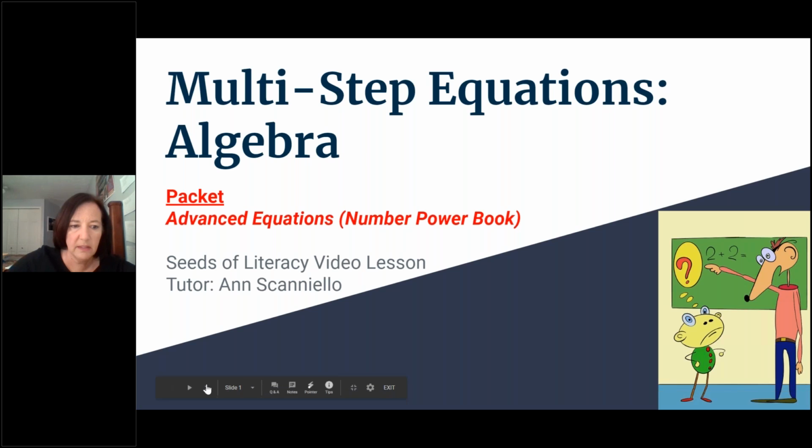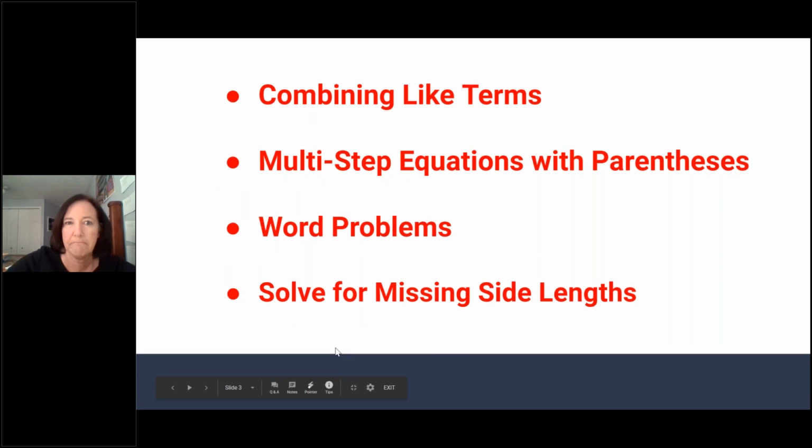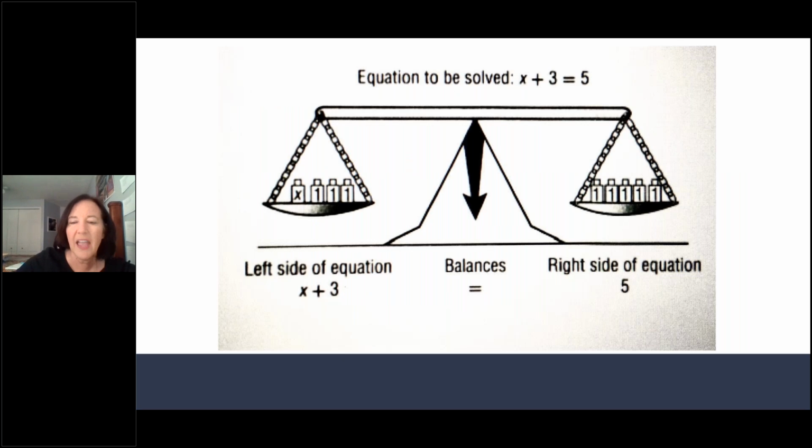The packet that we're working from looks kind of like this. I'm just going to be covering some of the problems from pages 72 to 91. We're going to be working on skills like combining like terms, how to solve multi-step equations that involve parentheses. I'm going to solve several word problems, and we're going to be solving for missing side lengths. I want to start with a quick review of something we went over in the last video on how to